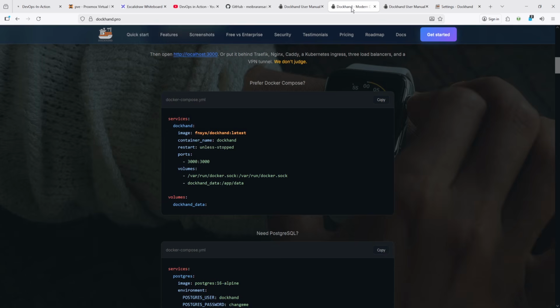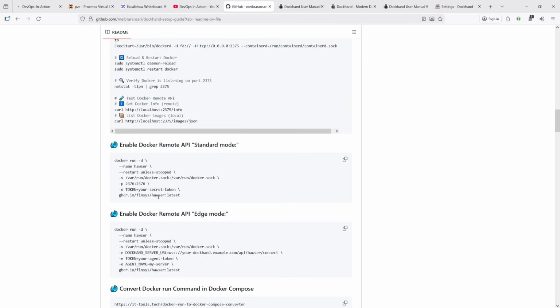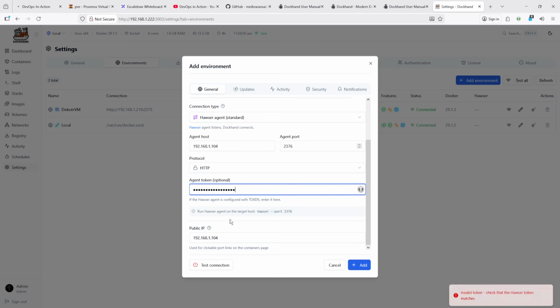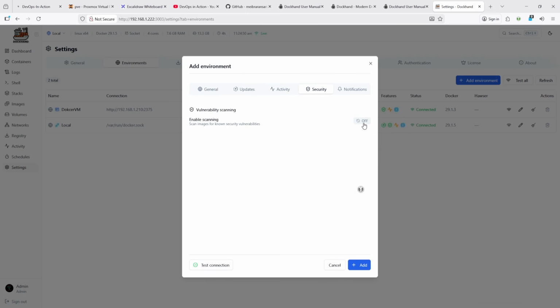It's not connecting. So why is it not connecting? I think we did not set any secret. Yeah, by default, we did not change it. So add the secret here and test the connection. So the connection is successful. Again, go to update, enable update based on your requirement, activity, security you can set,